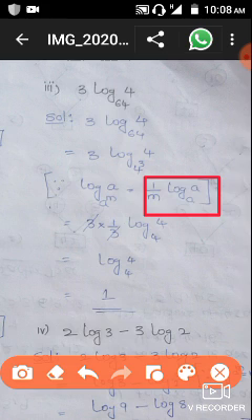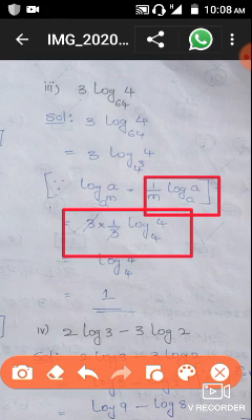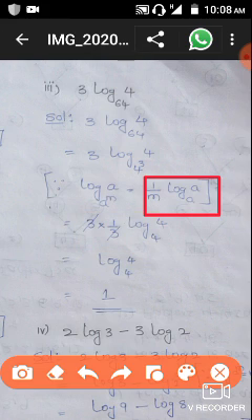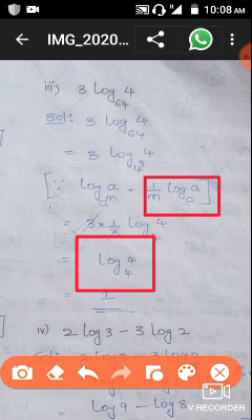So in the place of m, the power is 3 there. Already in the front 3 there. So 3 into, that m becomes in the denominator, 1 by 3, and log, in the place of a and base, see, in the place of a 4 there. So log 4 base 4. The next step is 3 into 1 by 3 log 4 base 4 will come. So 3 gets cancelled. The remaining part, log 4 for the base 4, will come.